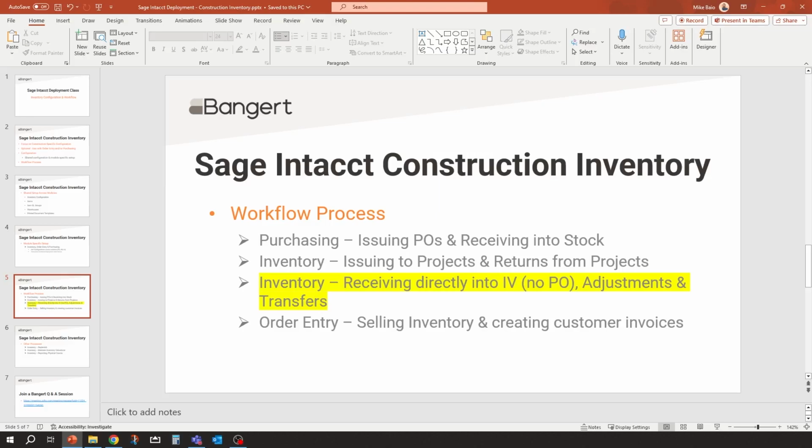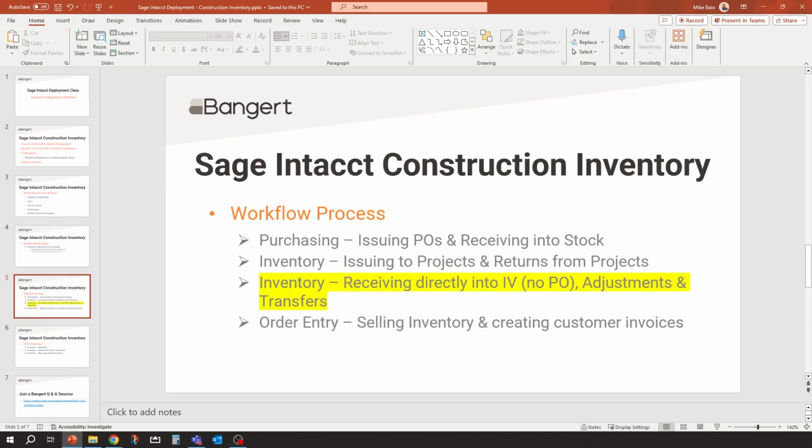And this is going to be if you have a workflow in place where you're not using purchasing, maybe you're posting the GL cost into inventory through accounts payable. And in here, you just need to receive the items into stock. So we'll go through that. And then we'll discuss some inventory transfers between warehouses and how that can work. And also go through some adjustments as far as adjusting your inventory value and quantity up and down based on possible physical inventory counts and things of that nature.